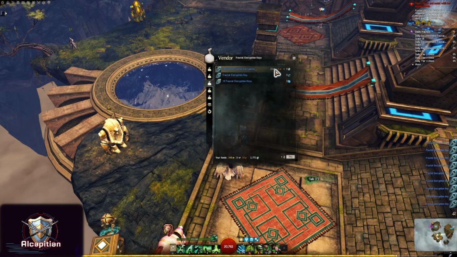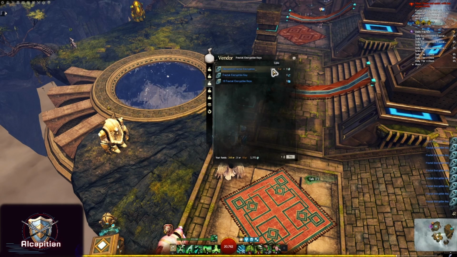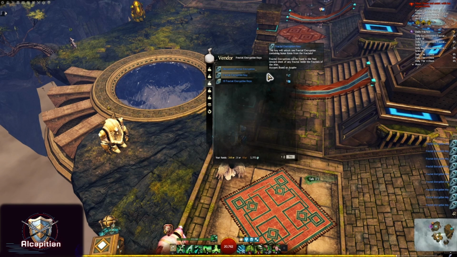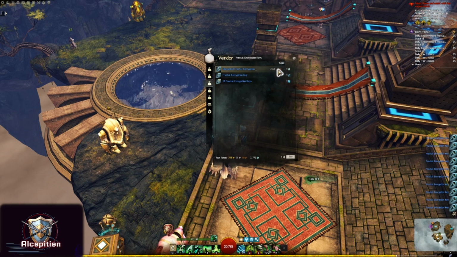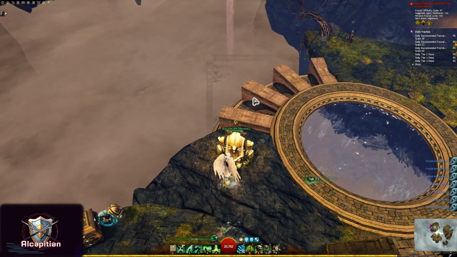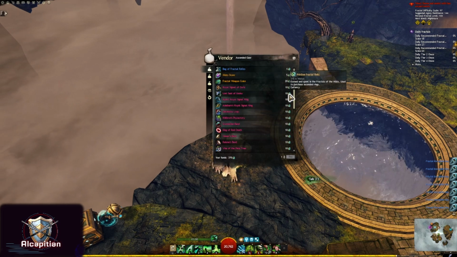You buy 30 keys. Never buy it a second time, because the price starts to go up and up and up. And I would never use any of these items to buy keys, because that just seems like a massive waste. Then once we're done there, we go over to this NPC over here, and they have got items for